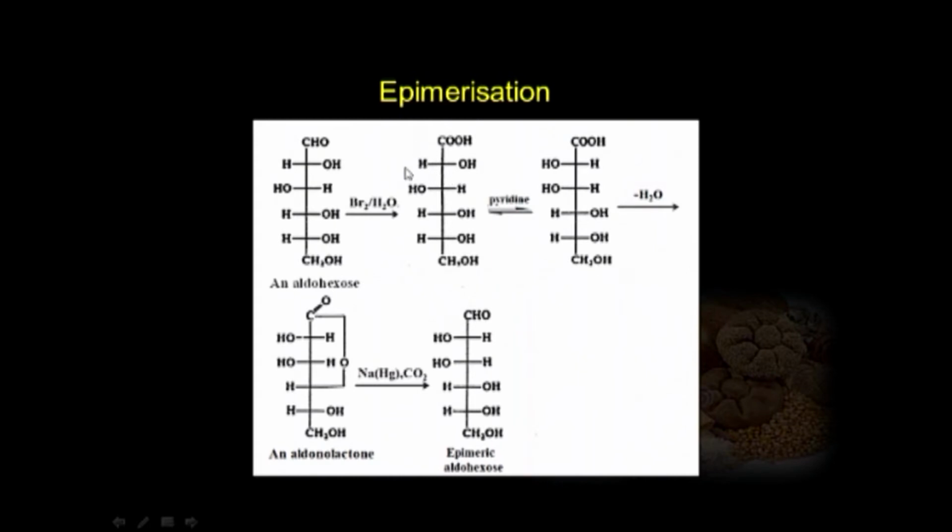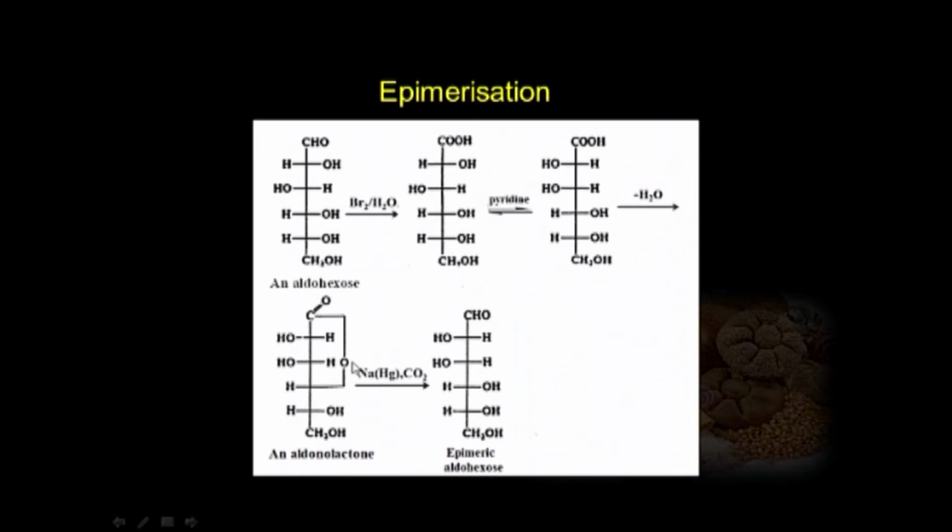First one hydrogen is abstracted, and in the second step when it comes back it may take any of these faces. So, we will end up with a mixture of 2 carboxylic acids which differ in their configuration at carbon number 2 only. When it is heated, they form cyclic esters which are known as lactones. Any of the hydroxyls from this chain, generally this hydroxyl, eliminates water with this carboxyl group forming a cyclic ester which is known as a lactone, and we call it an aldolactone because it is formed from an